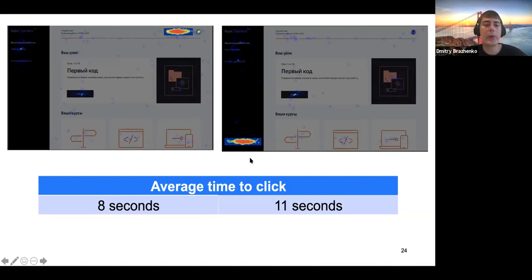A few words about how you can implement this with the Yandex Toloka tool. There are a few ways. The first way, you can add some JavaScript code and, for example, track the timestamp when the page loaded. Then you can track the click timestamp, and then you can calculate the difference and save this difference. It's the first way how you can implement this. The second way, you can